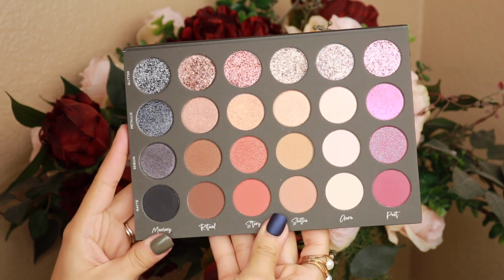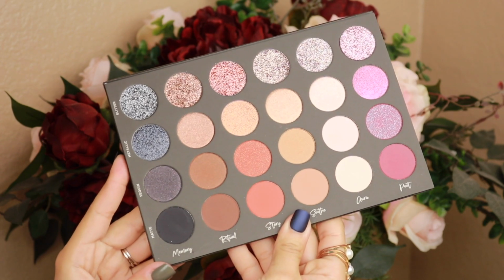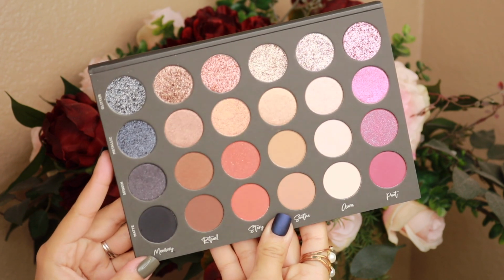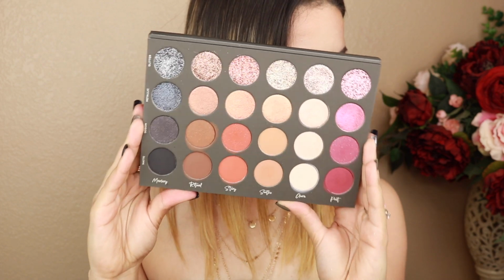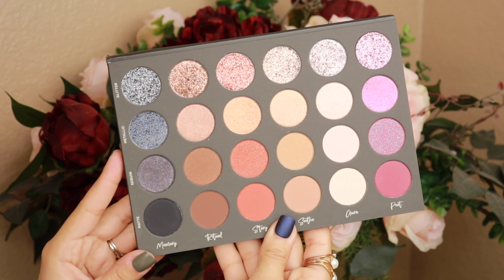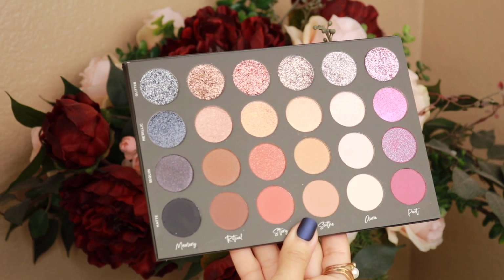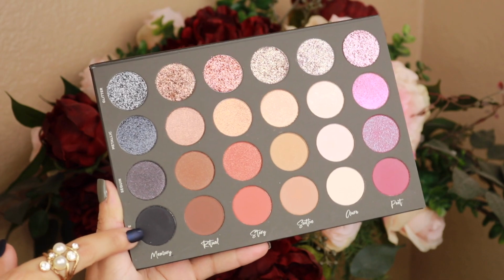So now we're going to go through the swatches, and of course for swatches we had to do them on the arms just like she does. I wanted to look like her, and if you notice, for these swatches I amped up the glam. I wanted to wear a nice little dress, a nice little gold necklace, a lot of jewelry, because of course it's Tati, she's very classy and I wanted to dress up for her, you know. I'm gonna start showing you swatches, and we're starting out at the far left in the memory column, starting with a matte finish,